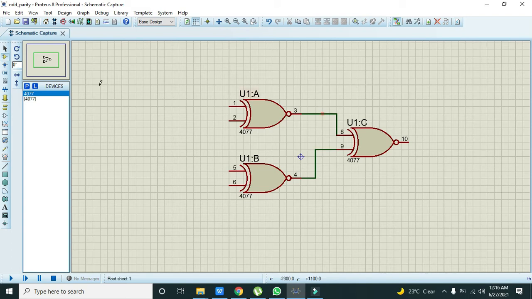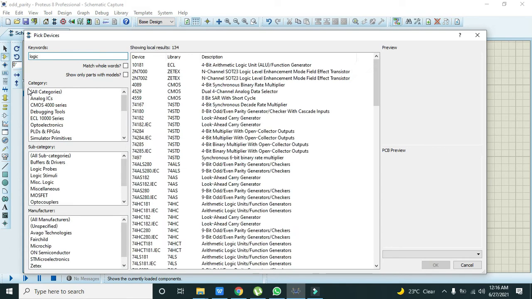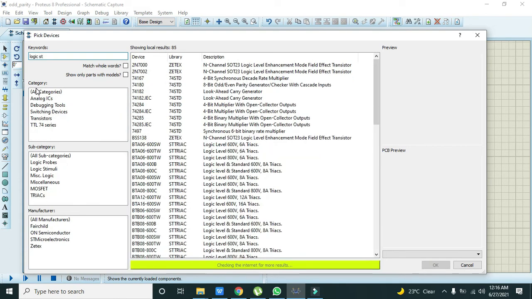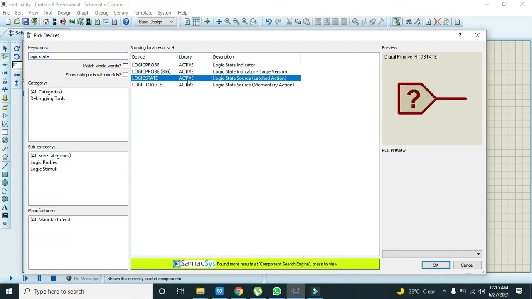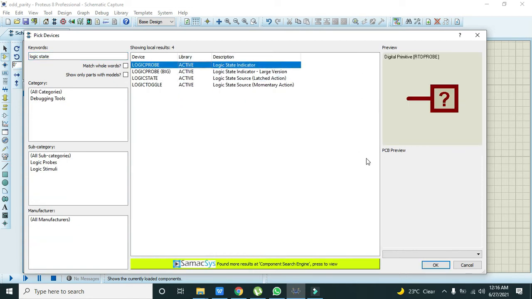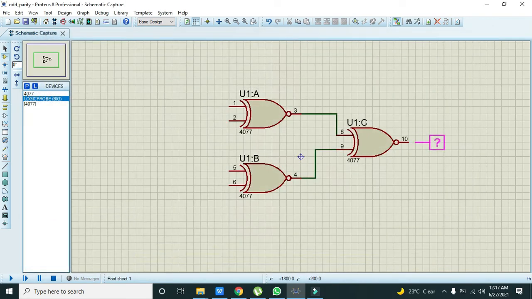Okay, now in order to see the output, we need a logic state. Okay, so a logic probe, yeah. It's not the logic state, actually it is the logic probe. So we can attach it to the output.